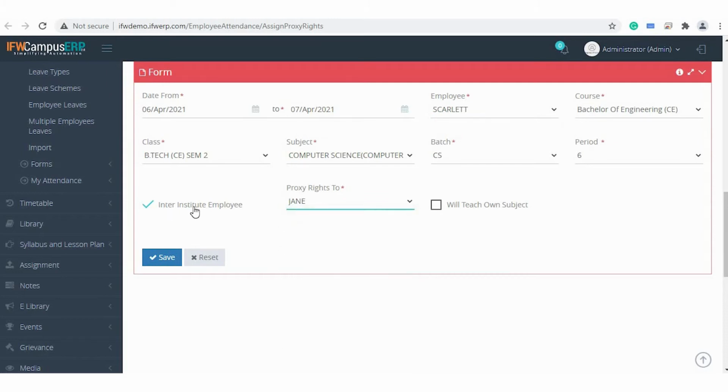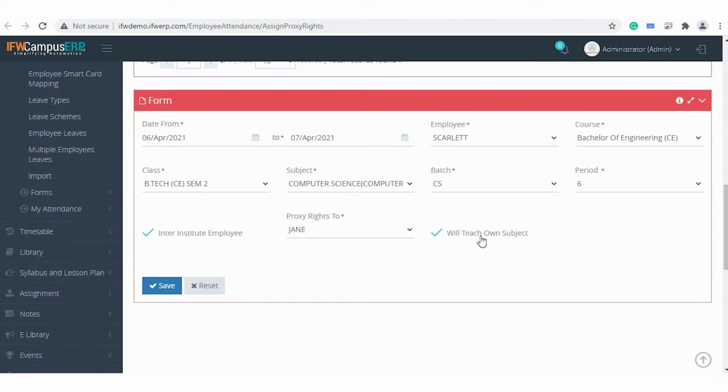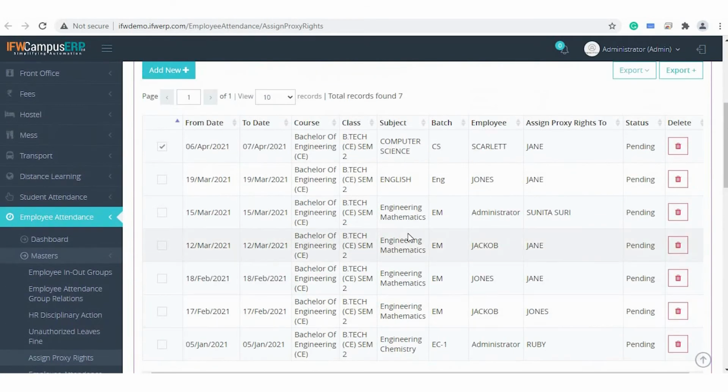Here we have two options, inter-institute employees, which will show you the employees of other institutes in the same campus, and another one is will teach one subject. It means if this employee takes another subject in this class or she is related to any other subject, she can teach her own subject instead of this subject. And click on Save to save your records. So this is how one employee assigns the proxy lectures to